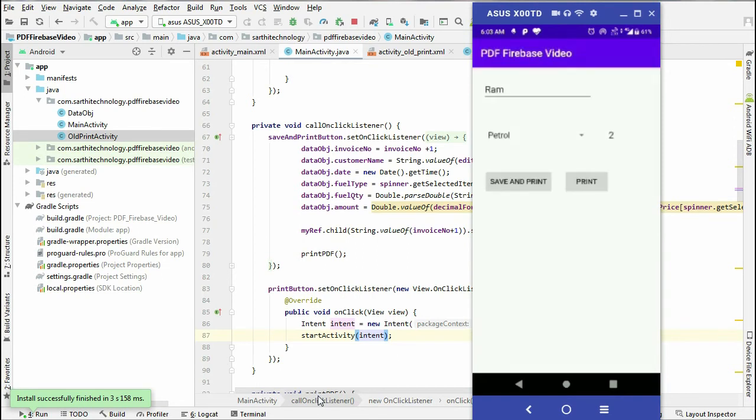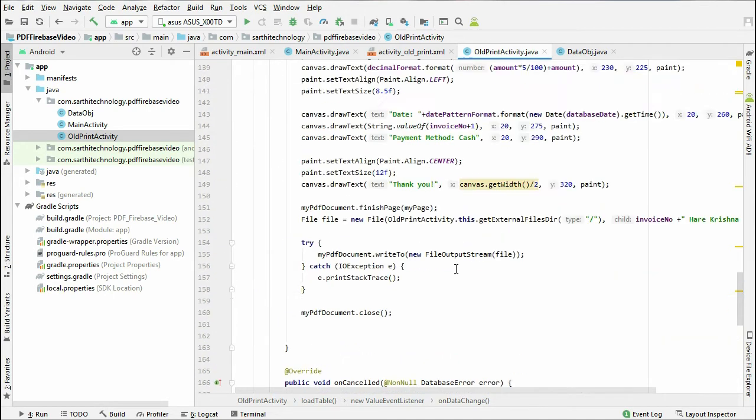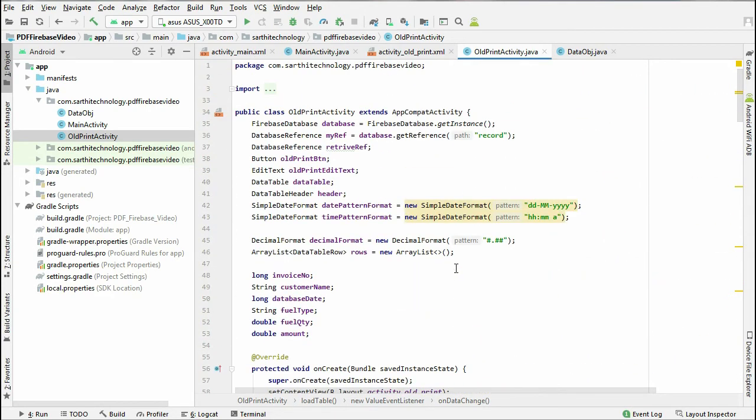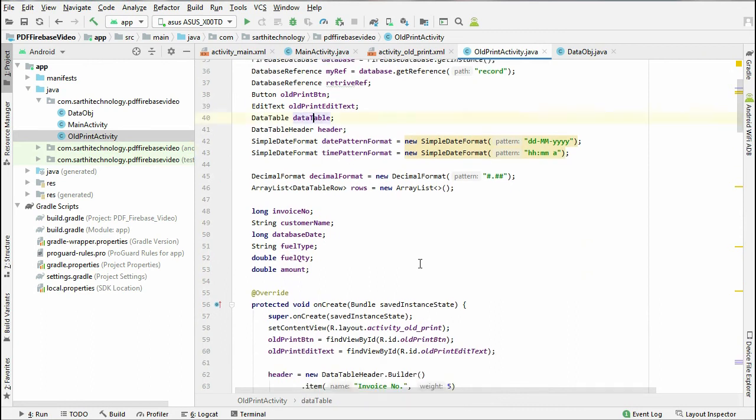Now click this print, and we have made one more mistake in this OldPrintActivity, and that is to assign the value to this data table.